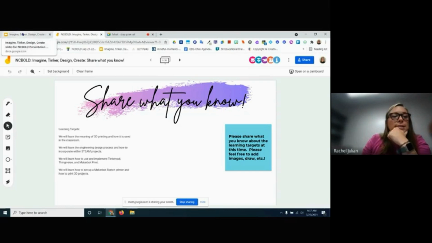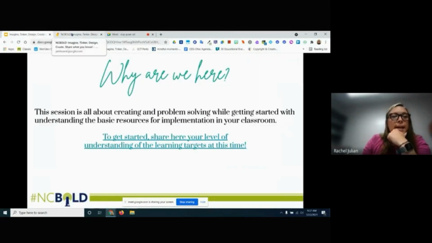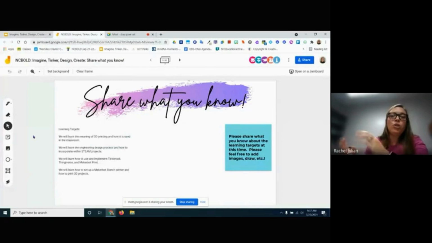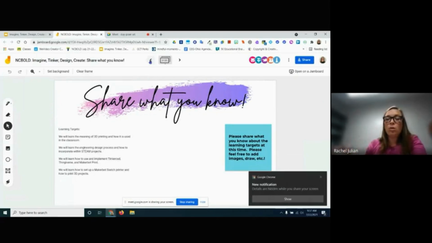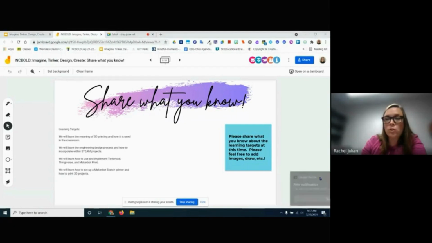And we are on slide number 6, and we are on a Jamboard, and you're just sharing some information with me about what you know about the learning targets. If you've incorporated the meaning of 3D printing, the engineering design process with students, STEAM projects with students, can everybody get to that Jamboard and edit? I just want to confirm that you all can edit. If you just want to turn off your mics and let me know,